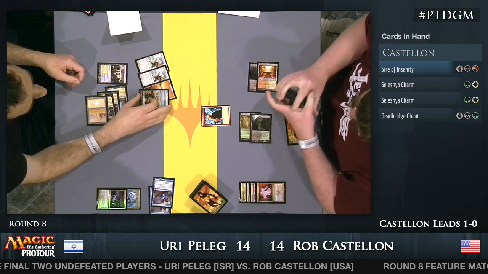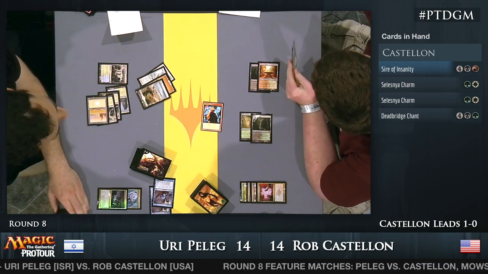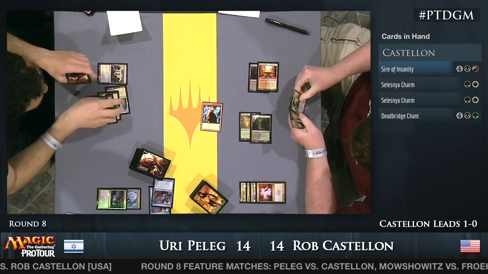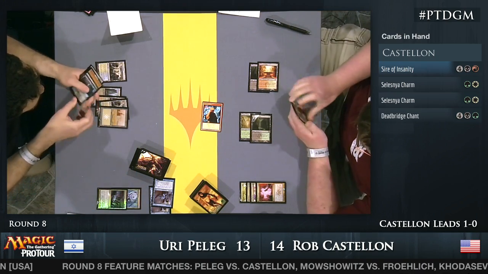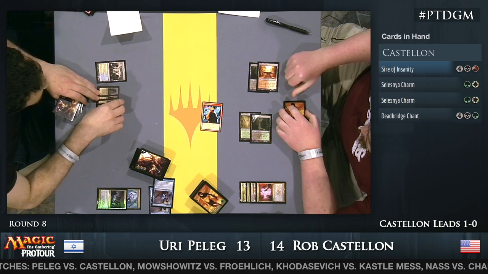I mean, once Uri gets to 7 mana, that could be trouble, because that's just a beatdown plan, right? So I go to 13. Go ahead. Yeah, I'm looking for how many ways he has to kill that. Not a lot. I play